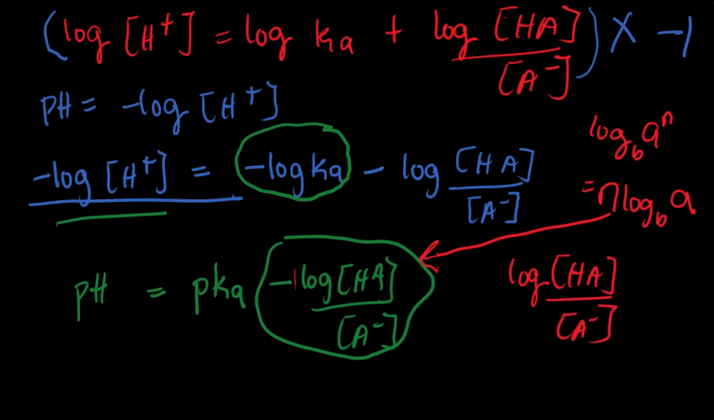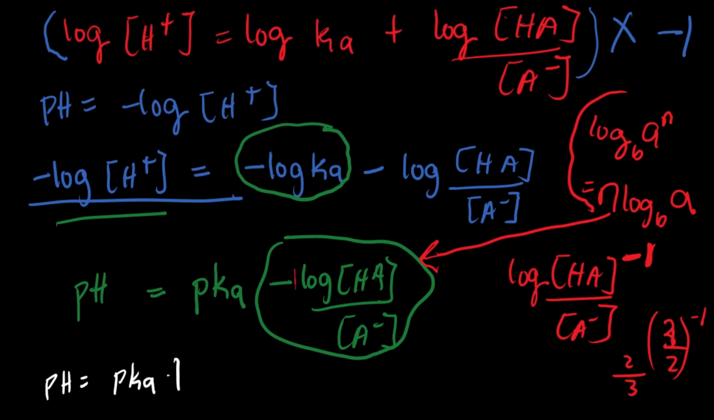log of HA divided by log of A minus, raised to the power of -1, because this rule applies. Now since it's raised to the power of -1, if we take for instance 3 over 2 raised to the power of -1, it's the same thing as 2 over 3. So applying that concept here, what we have is